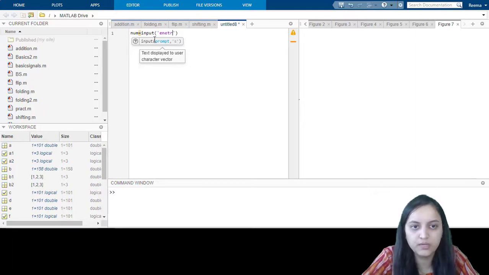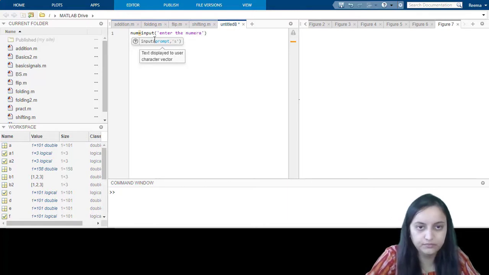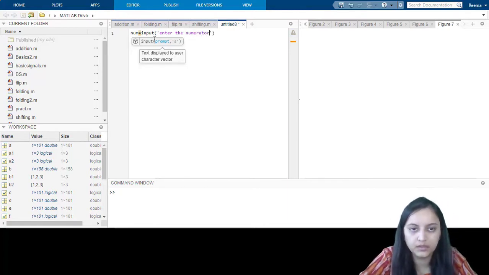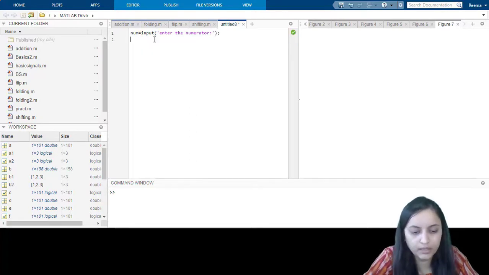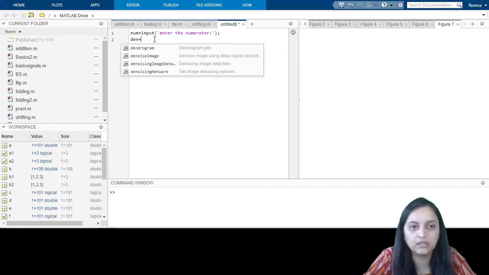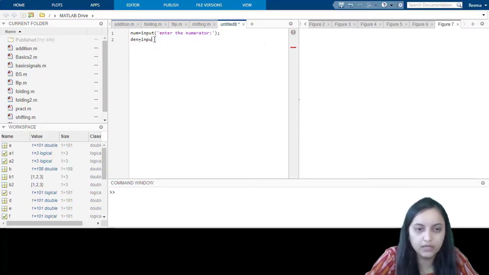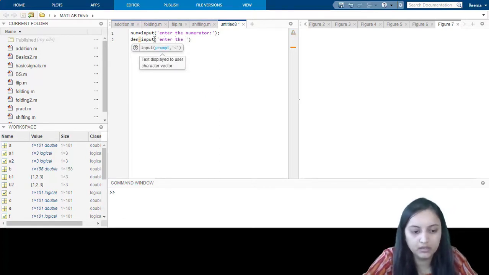So here the message is to be displayed as enter the numerator. Then we will ask the user to enter the denominator. Let us take the variable den for denominator. We will write it over here, input, enter the denominator.